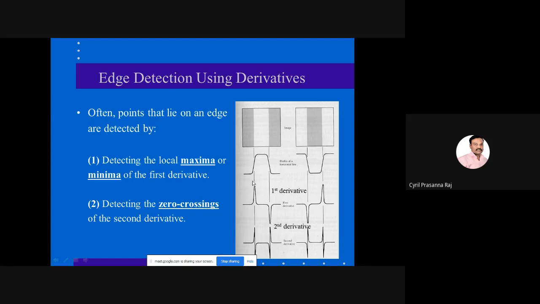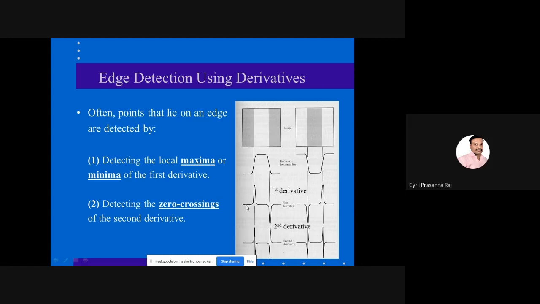Whenever you come across a maxima, it corresponds to a change in intensity levels. Similarly, whenever you come across a minima, there is a change in intensity levels. A positive spike indicates that the intensity level is changing from 0 to 1. If the spike is negative, the intensity is changing from 1 to 0.